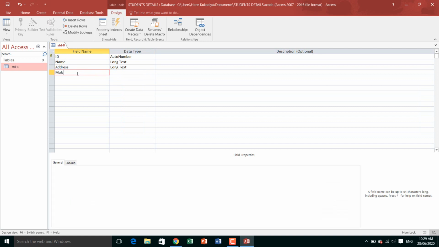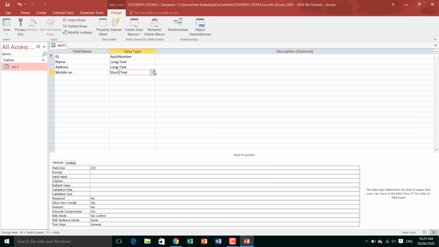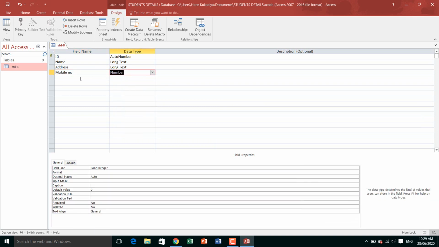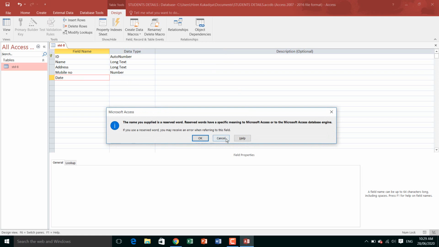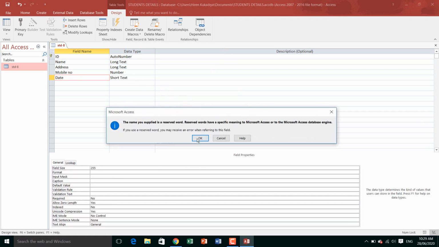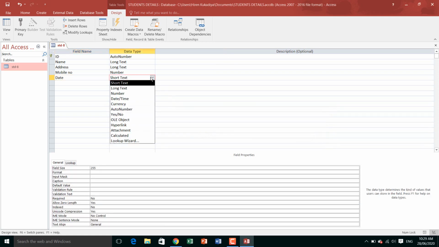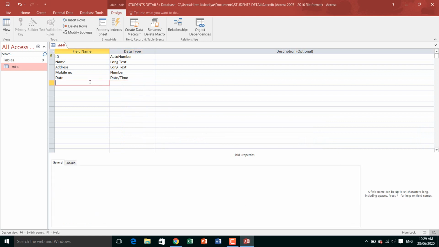Then Mobile number. Mobile number is a number, so we cannot use text; we will use number. Next one is Date, so here we will take the date and time option.